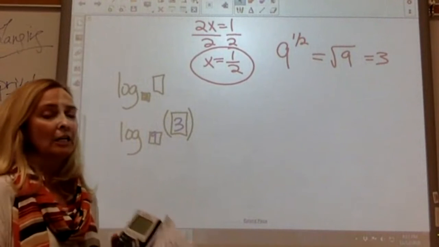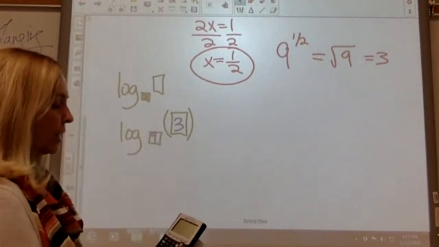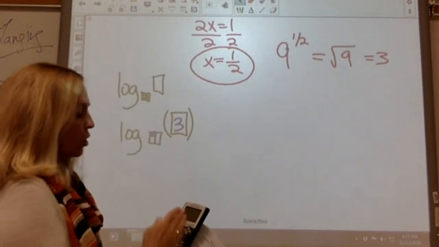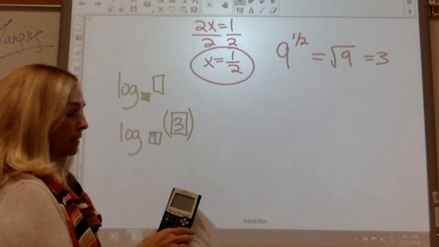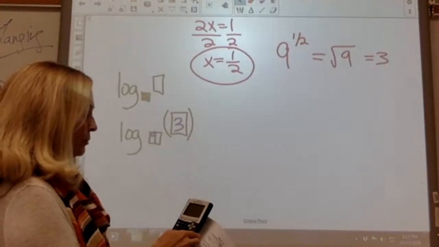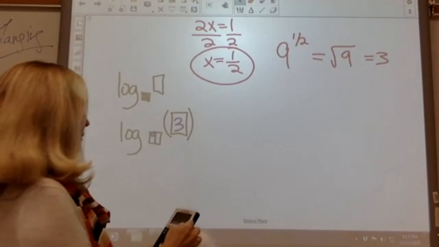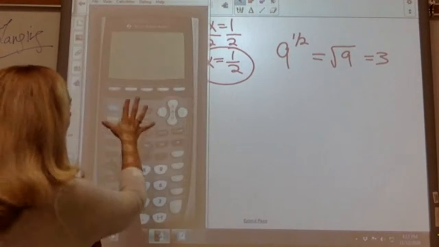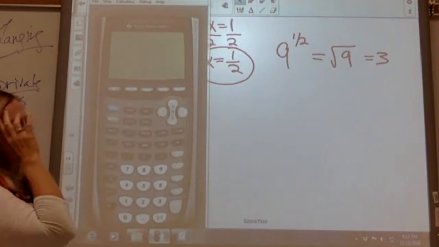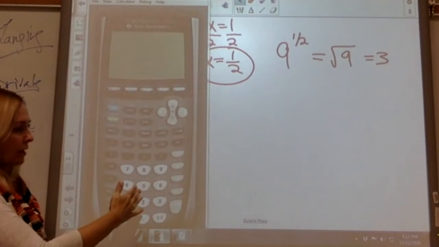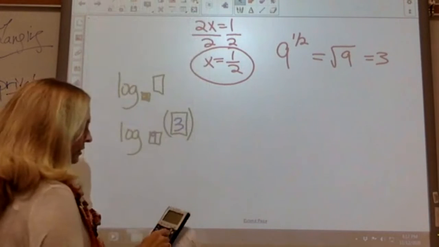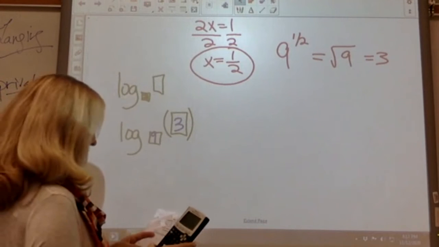But if you have an 84 that is a newer version, or like the ones I have in my room, it works on those, or it should work on those. The one I have up here, this is an 84, but it's an older version and it doesn't have this built into it, okay? But on these calculators, you can press,